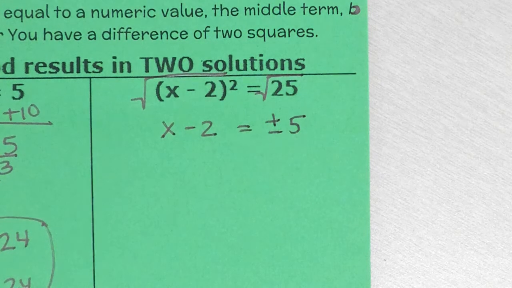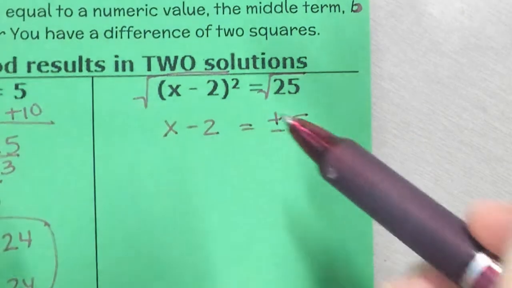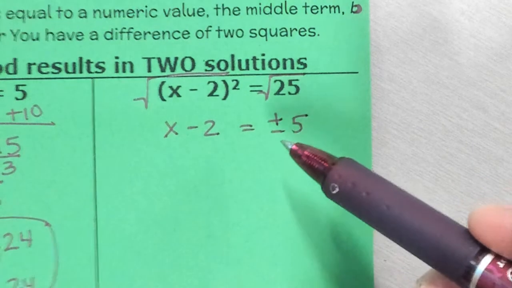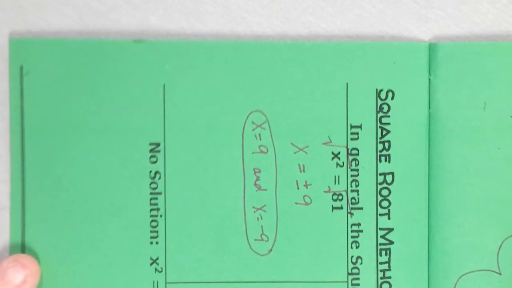Where does the plus and minus go? Do I put a plus and minus over here too? No. I only put the positive and negative roots on the side with the number. So let's write that down, okay? Write that down. So what we're going to write down is